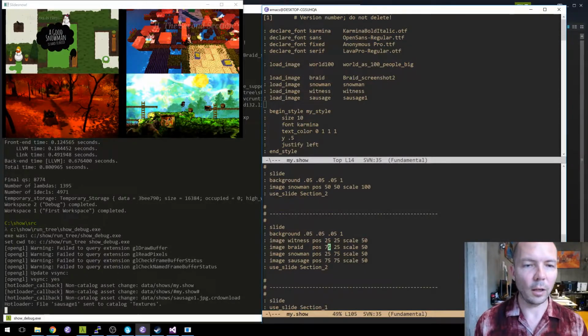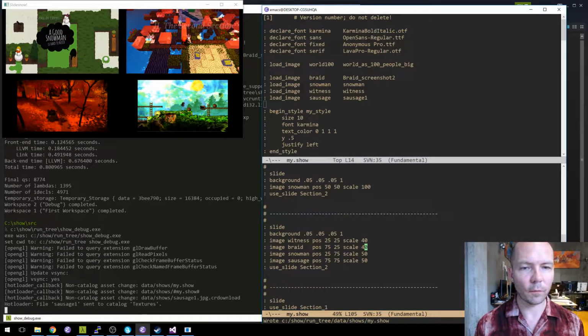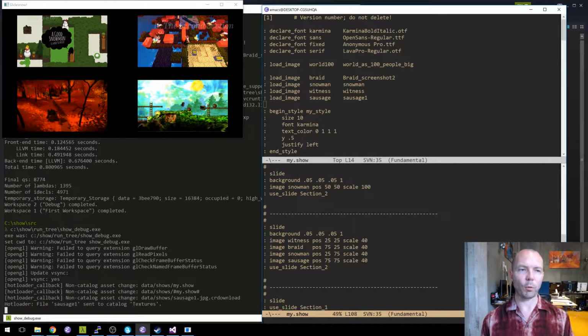But other than that, we're doing okay. The reason I did these is I'm gonna want to put borders around them, so let's make them a little bit smaller. Scale them like, is 40 good? Yeah. So by the time we put borders around those.